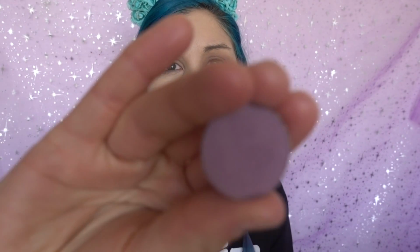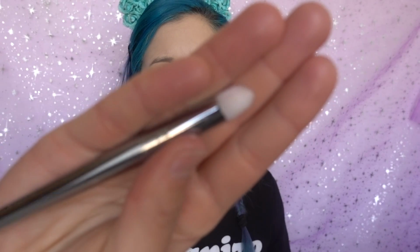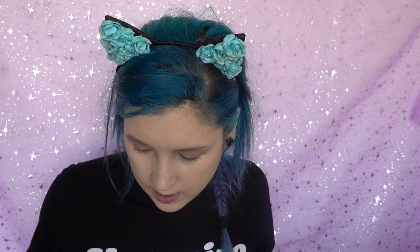I'm going to take my ColourPop shade. This already has a dent in it, and I've had it for probably about 3 weeks. This is called Silver Lining, and I'm going to go in with this Real Techniques brush. This is one of their Bold Metals collection brushes. I'm not sure. Oh, here we go. 201. It is a pointed brush. And we're just going to